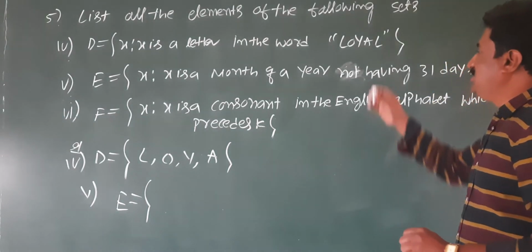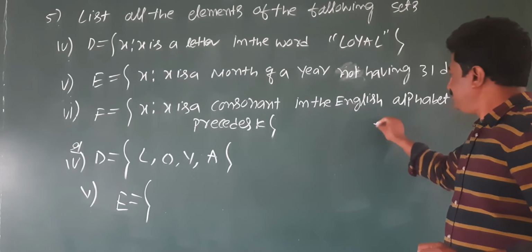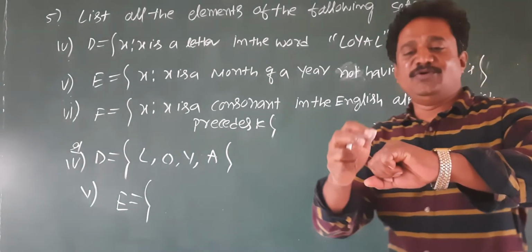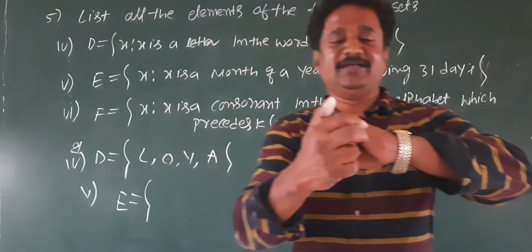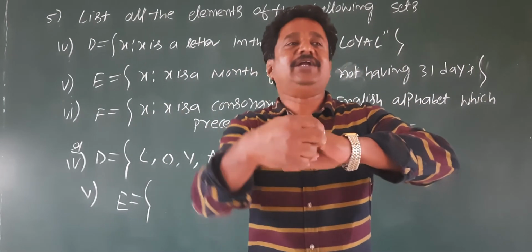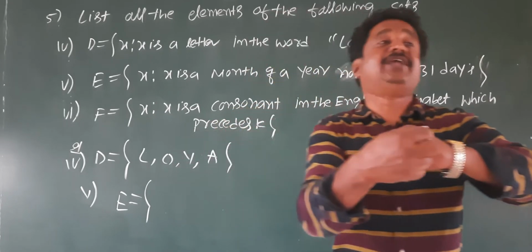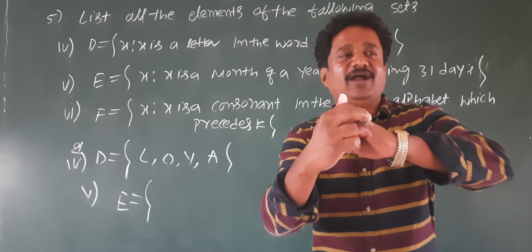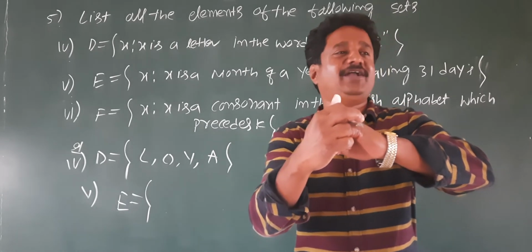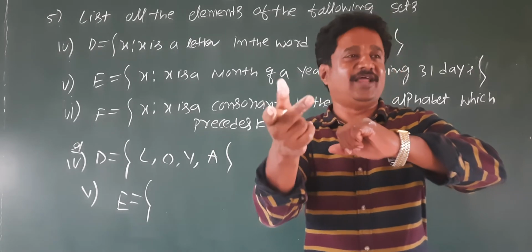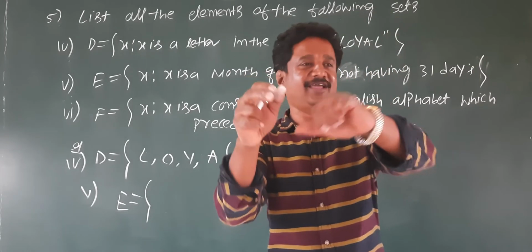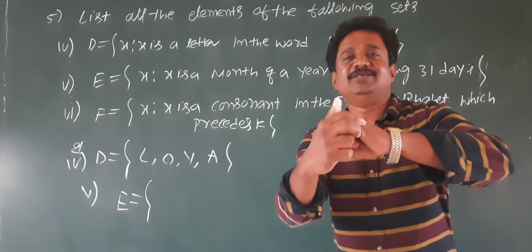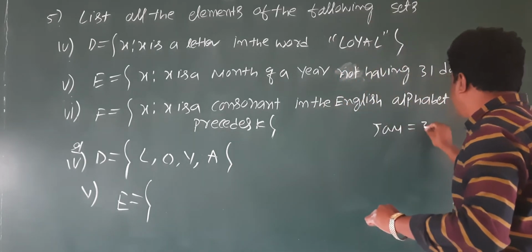You go on counting, students. Start from January. You know how to count. You know this knuckle method. That upper part, the knuckle, represents 31 days. This lower part, the gorge, represents what? 28 or 30, right? January, you know this method very well. This upper part is 31. January should have 31 days.